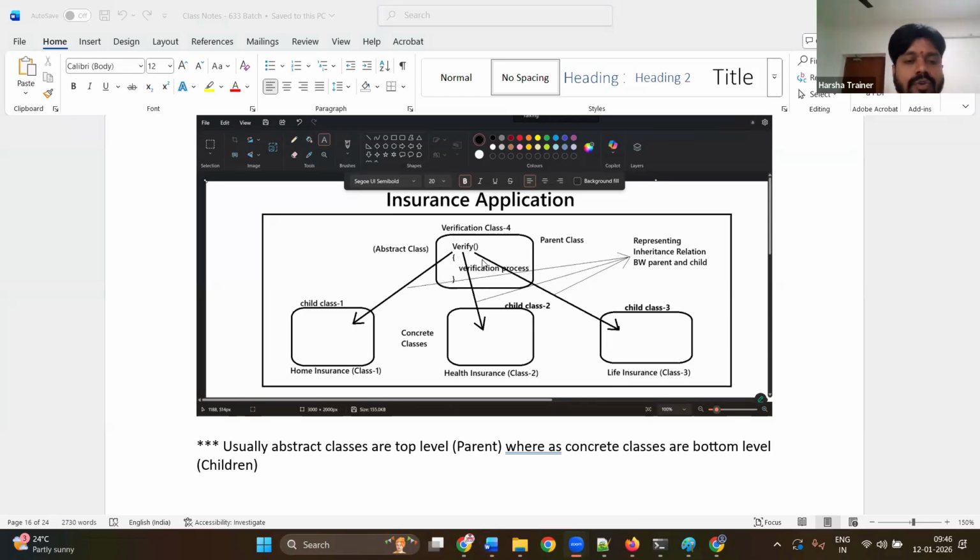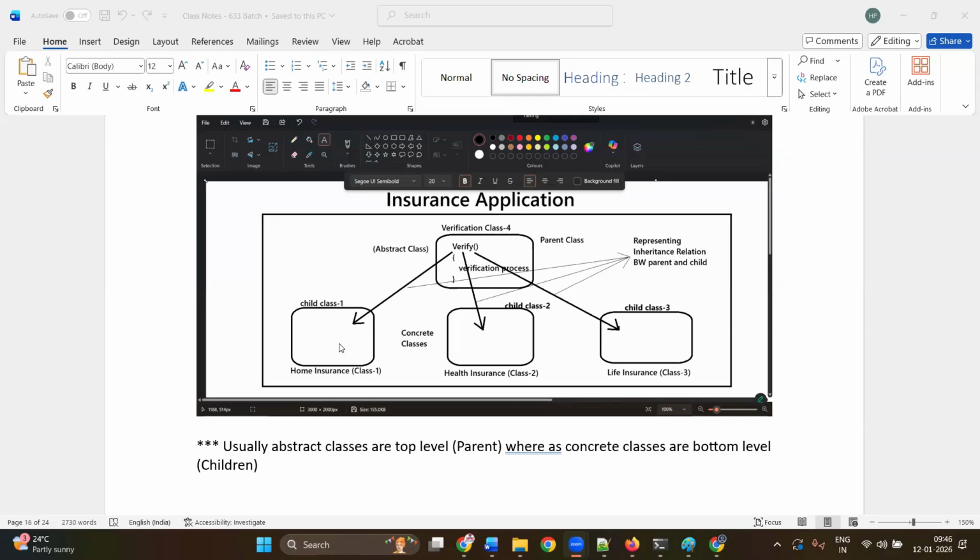If you want to take home insurance, you go to the home insurance department, and they will initiate your transaction by collecting documents. If you want health insurance, you go to the health insurance department, and they will initiate a health insurance transaction by collecting documents. Similarly for life insurance. Clear everyone?